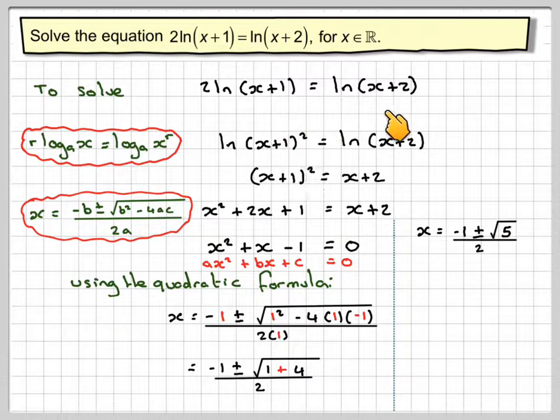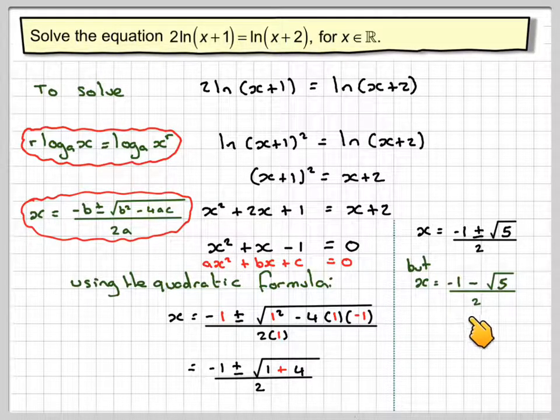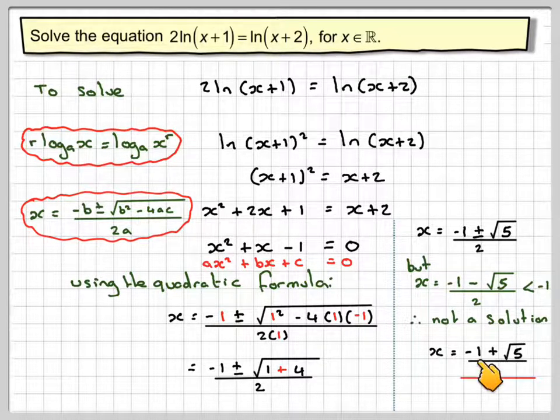Now we need to check they actually work in the original equation. If you check x = (minus 1 minus root 5) over 2, its value is less than minus 1. You can't have a logarithm of 0 or less, so therefore that is not a solution. You cannot put it in there. It will give a math error if you do it on your calculator. So therefore there's only one solution, which is x = (minus 1 plus root 5) over 2, or the numerical equivalent, worked out using your calculator, is